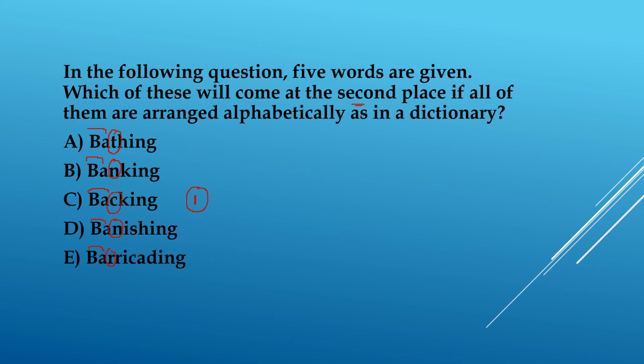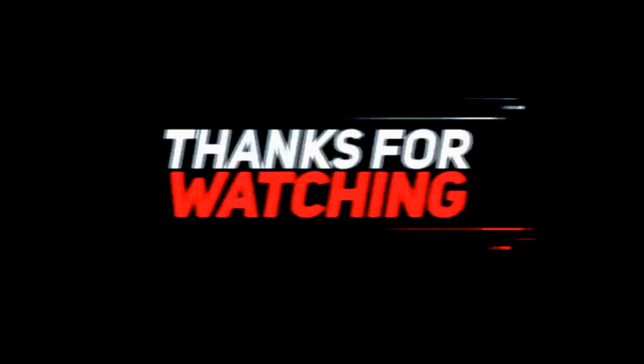Then after this, I find there are two N's. One of the N is succeeded by K and one of the N is succeeded by I. And I know that I comes before K. So what will be the second word? The second word will be option D, that is vanishing. So this will be our answer here, option D. So we don't have to look for all the words if we get our answer at an early stage. So that saves time. So that is how we go about such questions.